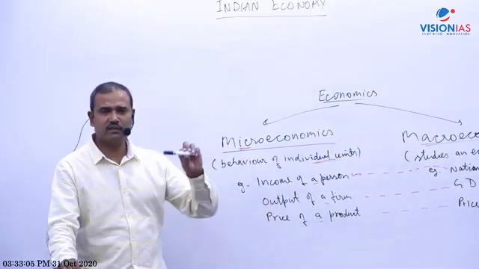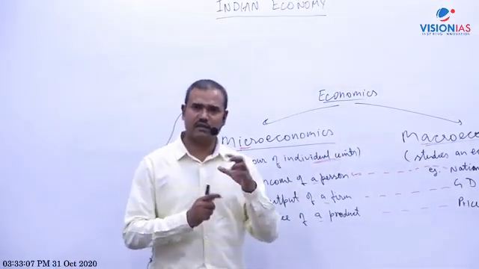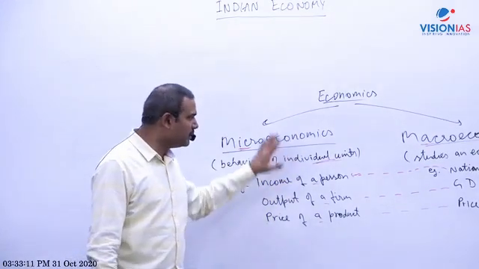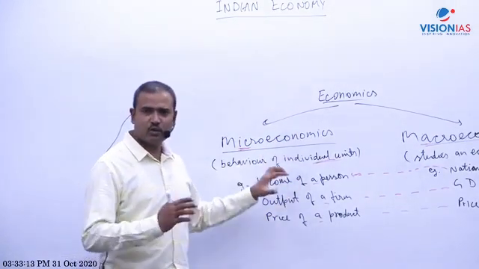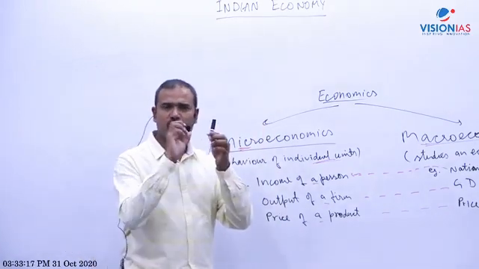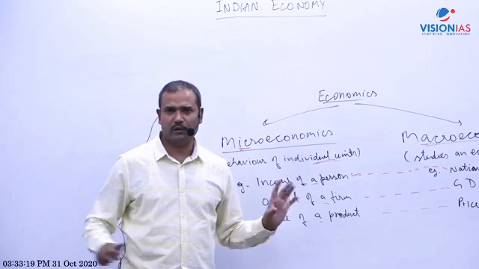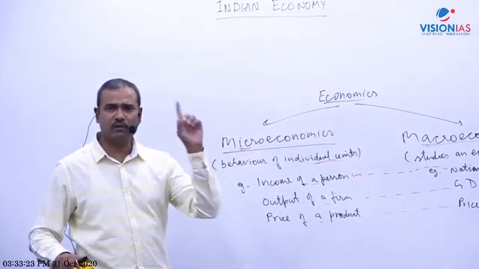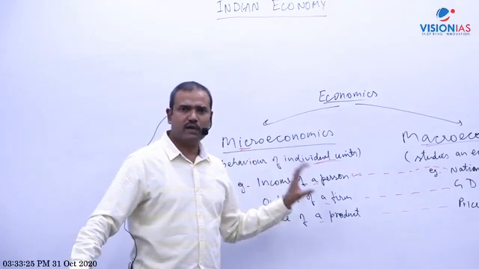I will discuss market demand, etc., then it will be clearer. So in general, aggregates are not studied here, but an aggregate may be studied, but that aggregate should not pertain to the entire economy. If an aggregate is related to one product, one firm, any one thing, then it will be micro. When we are talking about any big number of any one company, then it is micro only.